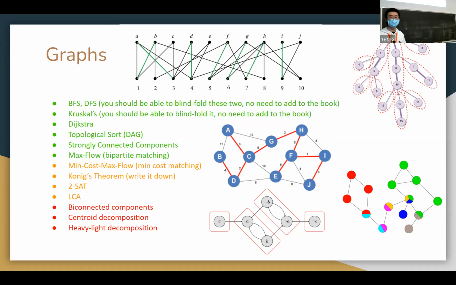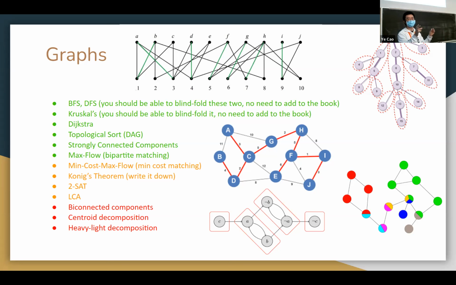Strongly connected components in a directed graph. If node I is reachable from node J and node J is reachable from node I, they're said to be inside the same strongly connected component. And the strongly connected components algorithm groups these nodes together such that within each component, every two nodes are strongly connected to each other. Max flow algorithm, which given a flow